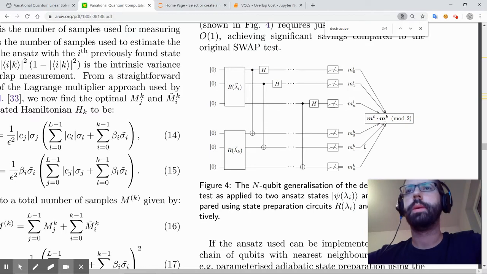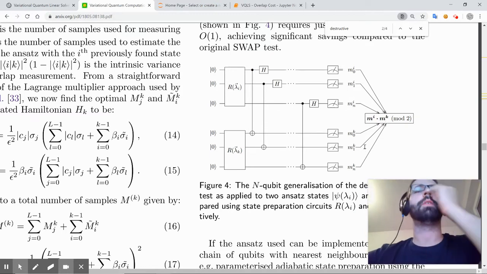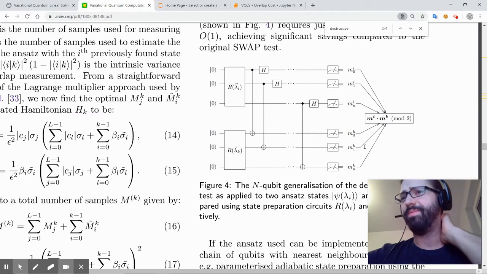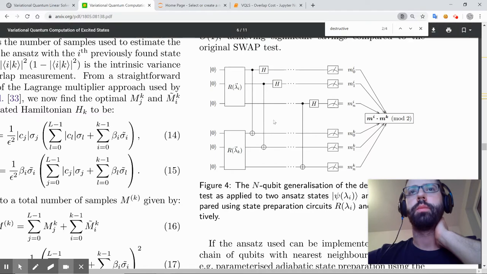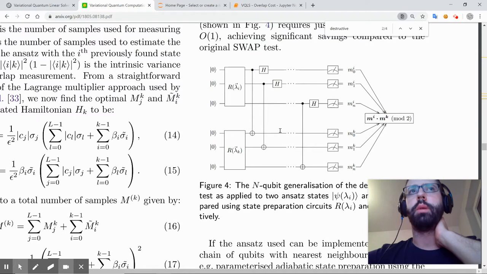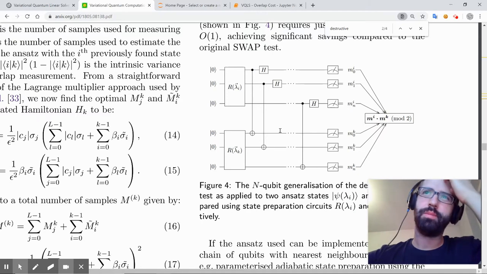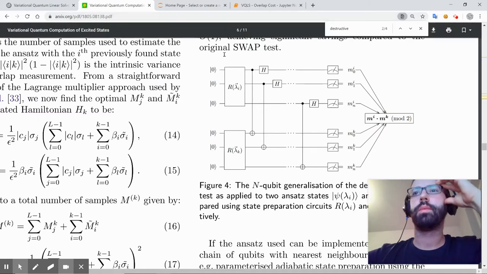But if I do the bitwise product, because this is basically calculating the overlap. It should calculate the overlap. I'm not so sure. Because if you calculate the piecewise product, I mean,